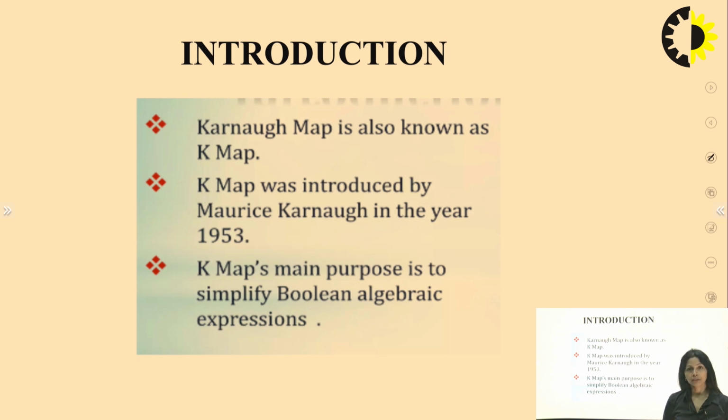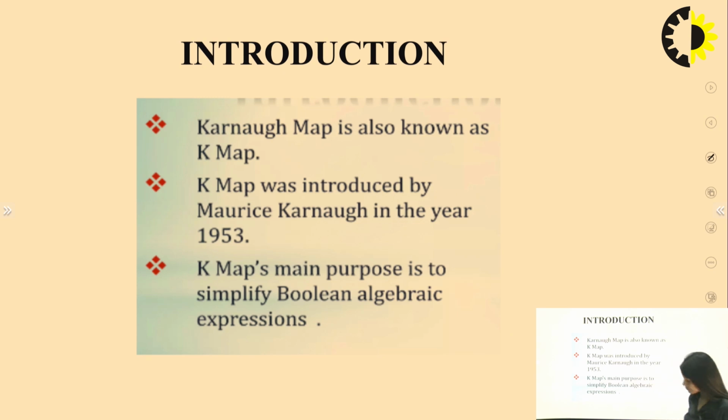So here we start with the product of sum and sum of product form of the Boolean expression. We will start from the very basic so that you can understand, and please try to follow only one method for solving the Boolean expression. Don't go for solving with so many methods. Whatever method I tell you is the simplest, and you will be able to solve all the complex problems from the K-map.